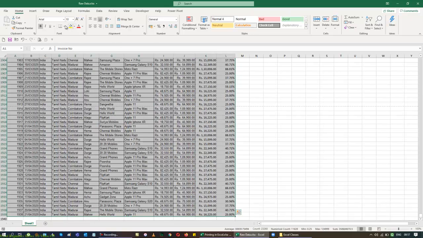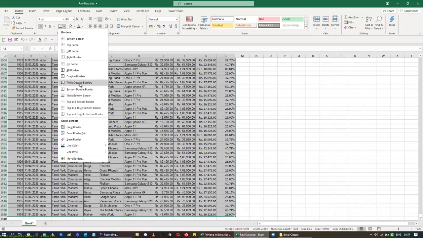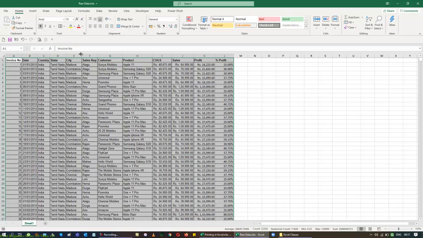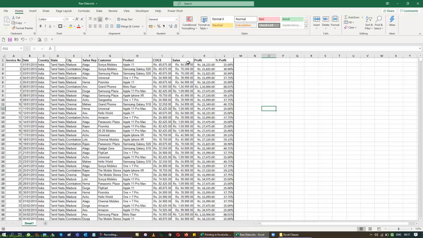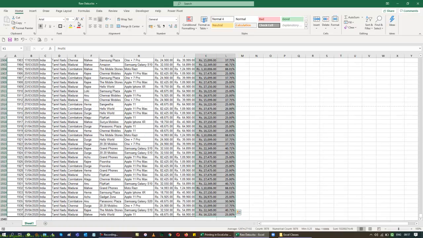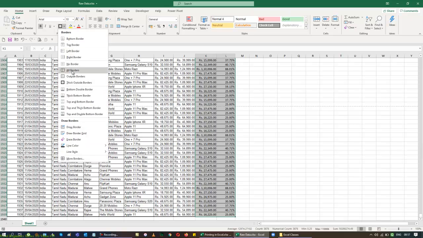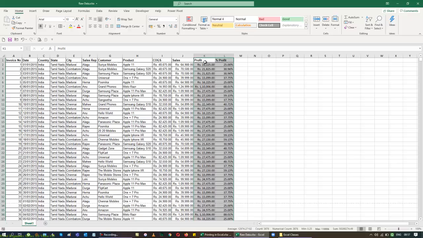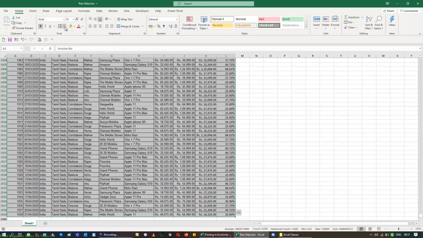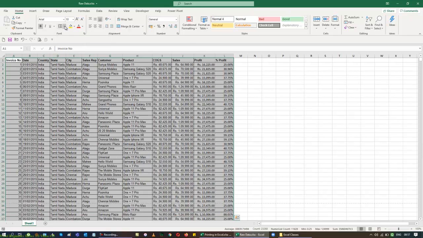Select the whole list and go to All Borders. If you want to make it thicker, you can add even a thick border to the outside of the data. So now my data are done perfectly. Let me just add one all border and then I'll leave it as this. Then I can see that I can get the outside borders also. So all borders one more time and outside borders another time.